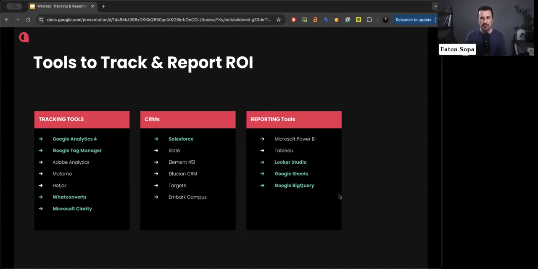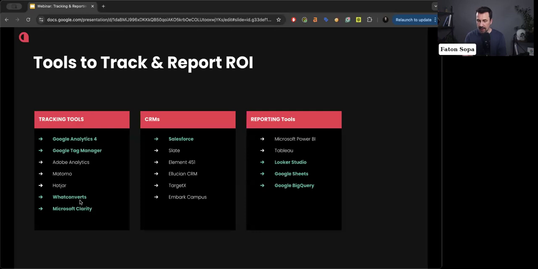In the tracking tools, you have Google Analytics, Google Tag Manager, Adobe Analytics, Matomo, Hotjar, WhatConverts, and Microsoft Clarity. The ones in green are the ones that we recommend using, because most of them, apart from WhatConverts, are free, and you can do pretty much everything you need to measure your ROI regarding the tracking part using these tools.